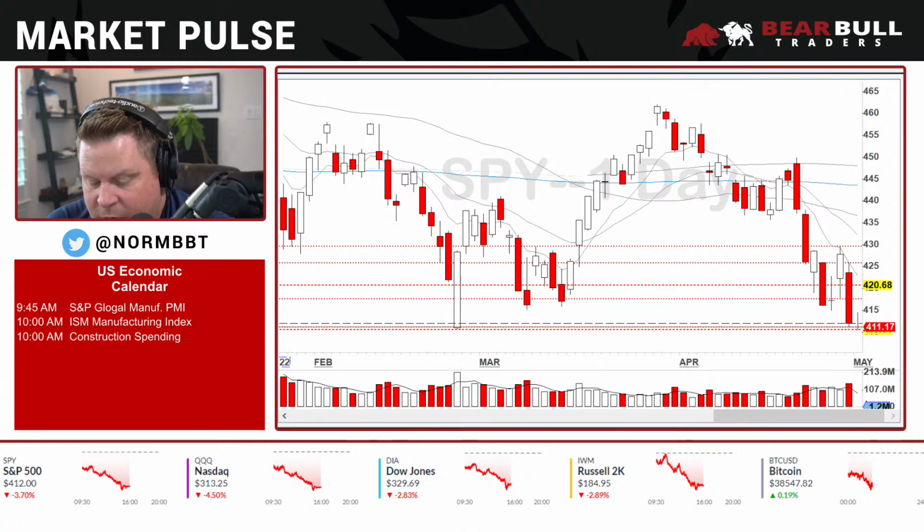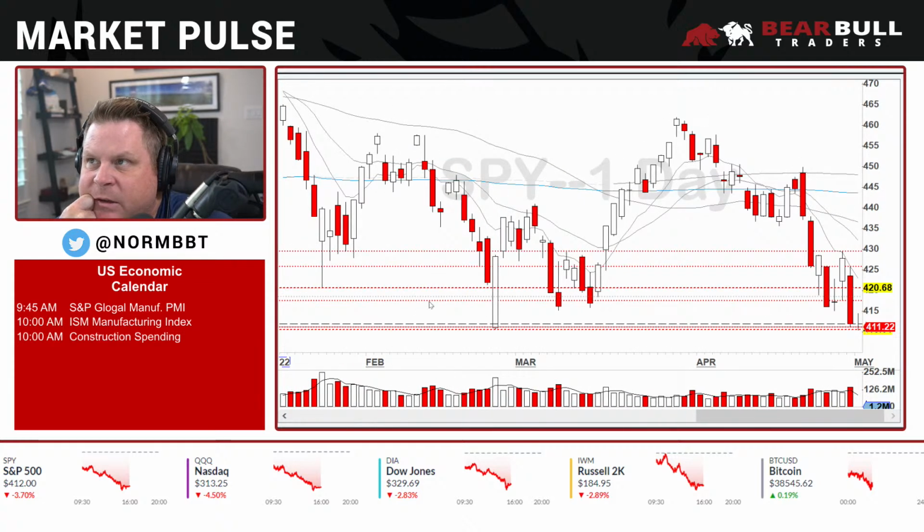Everybody has their money on a 50 basis point or 0.5% raise, and cutting their balance sheet. It's part of what's brought the party to an end recently, and helped turn markets down along with inflation and everything else. So we'll see if that is true to form. As Jared mentioned, if it's anything other than that half a point move, it really could be interesting in the markets, but I doubt that'll happen. They've pretty much already said that's what they're going to do. So let's see how it goes.